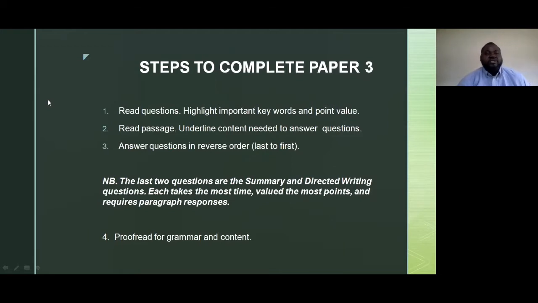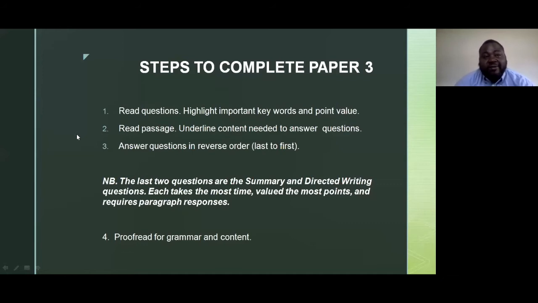You answer the questions in reverse order because, one, they will take the most time. Two, they require you to have the most content. And so it is the most effective strategy to approaching and being successful on that paper. And then last but not least, after having answered your questions in reverse order, you are to proofread your pieces